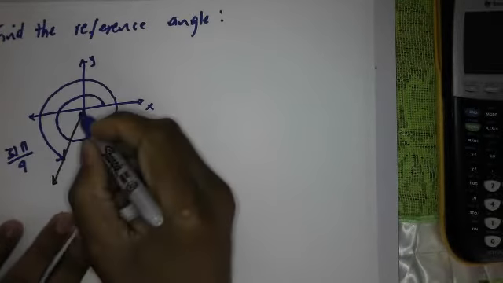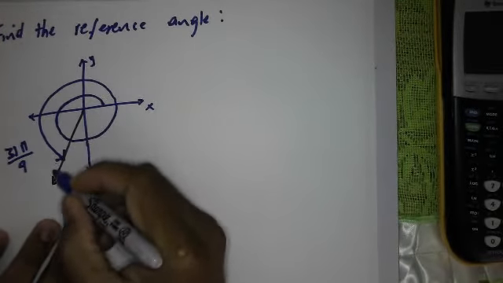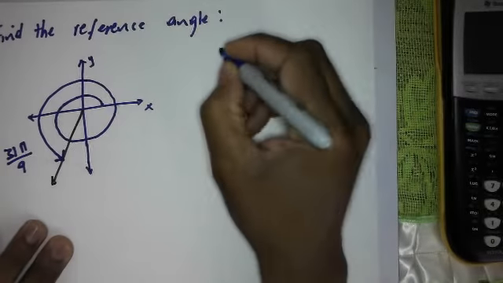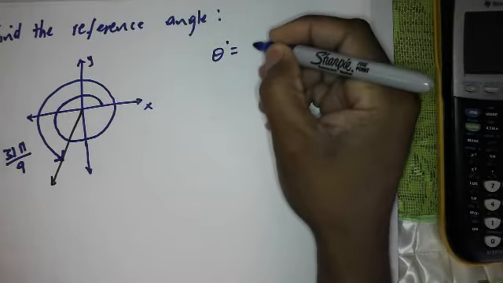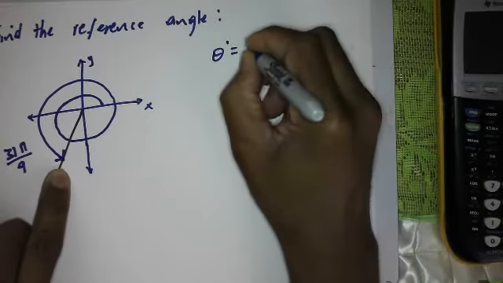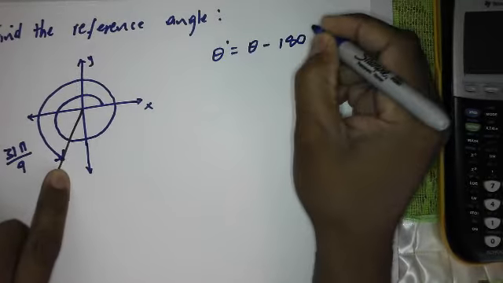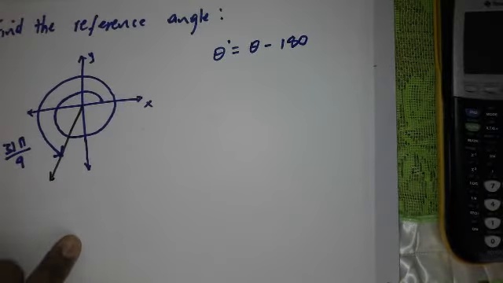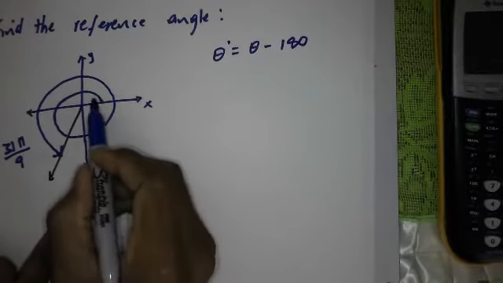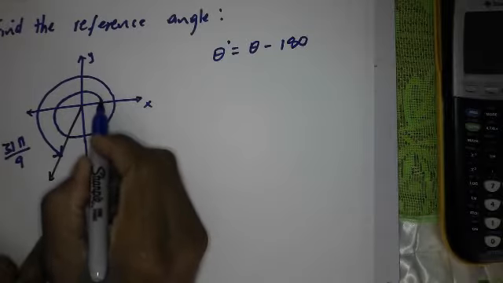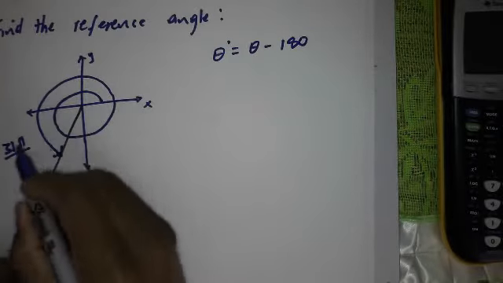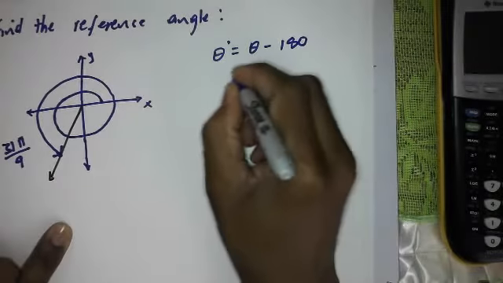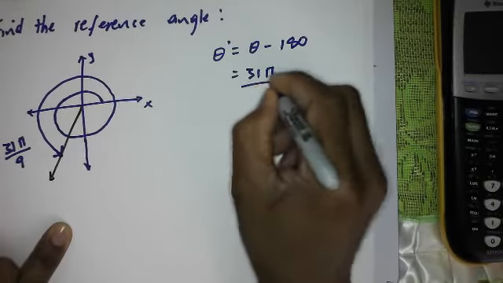Now, this angle is in the third quadrant. So because it is in the third quadrant, our reference angle is equal to the angle given to us minus 180 degrees. Okay, but let's work this thing here first. The angle given to us is this. So this is 31 pi by 9